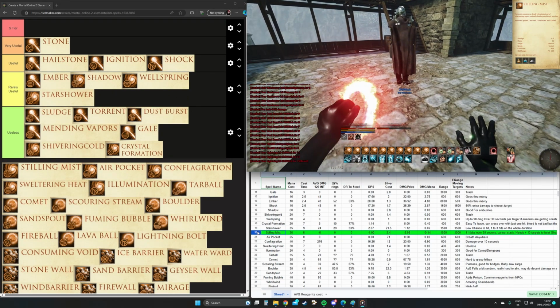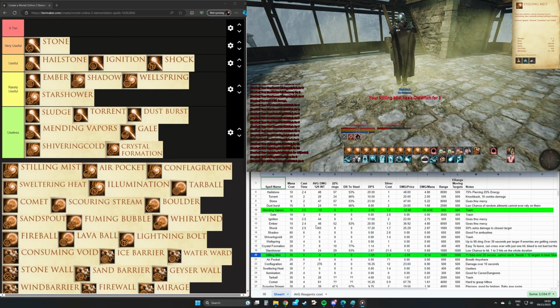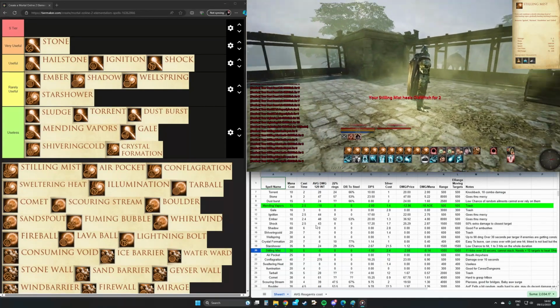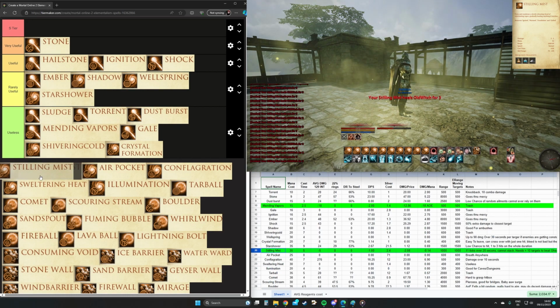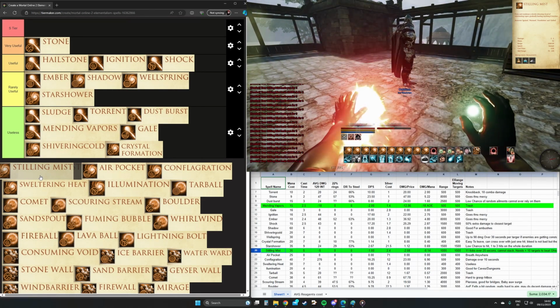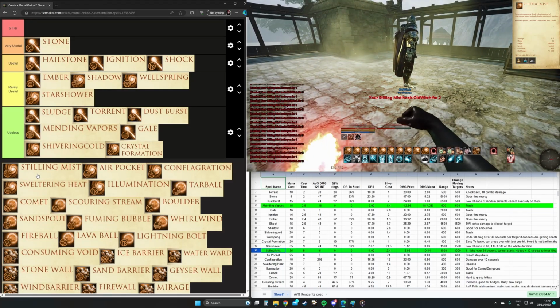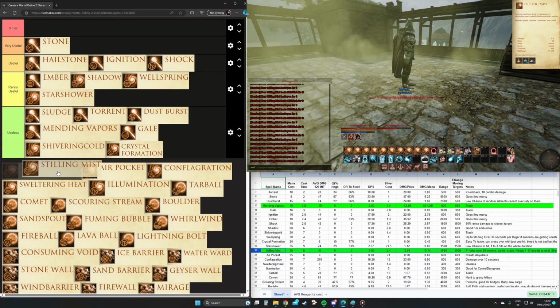Stealing Mist. Stealing Mist is super underwhelming, like Mending Vapors. But you can chain them both. It can only be used in situations where there's more than 5 to 10 targets, I think, that can benefit from it. So yeah, like I said on Mending Vapors, it is most likely going to be used if a bunch of